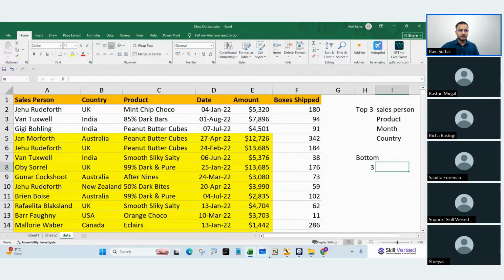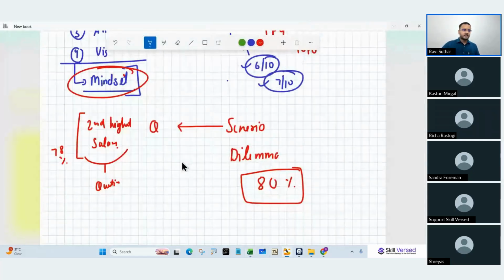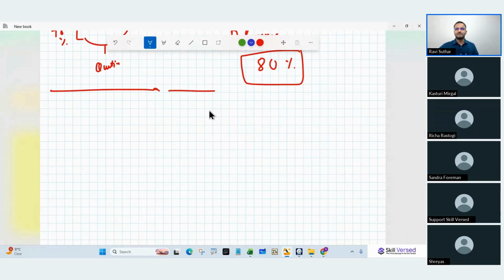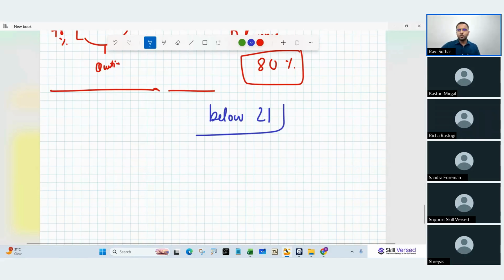Second, is there anybody who's below 20? Or to be precise, 21. Is there anybody who's below 21? Oh, I'm expecting not. Okay. Still, what happens is, in your school and your college days,